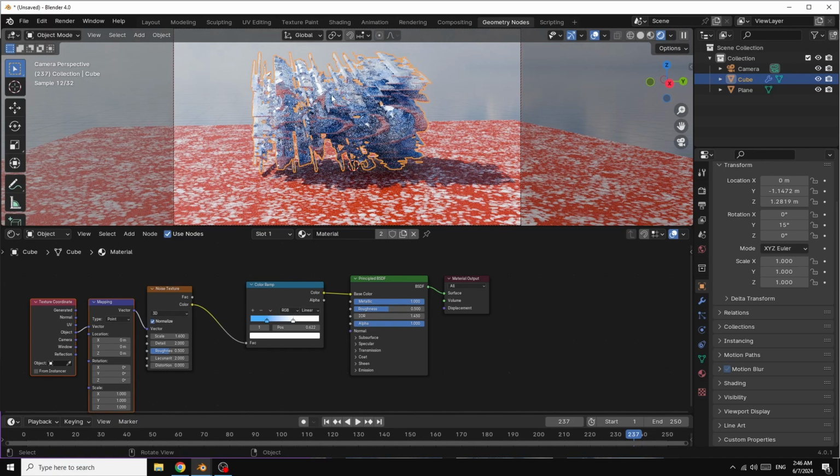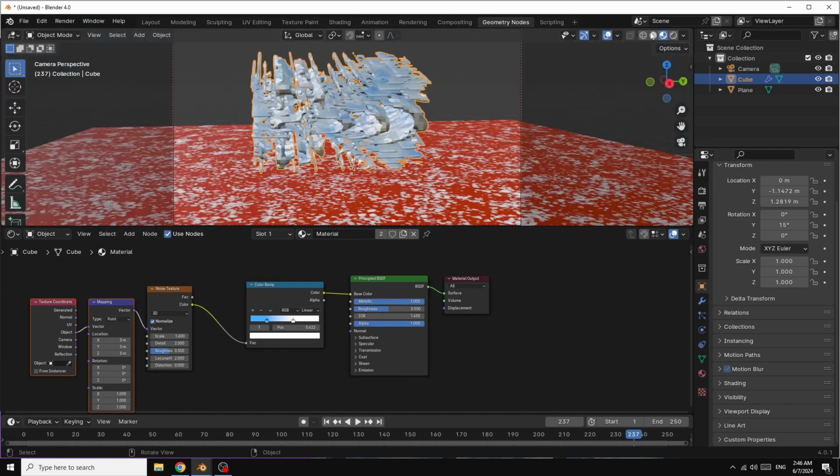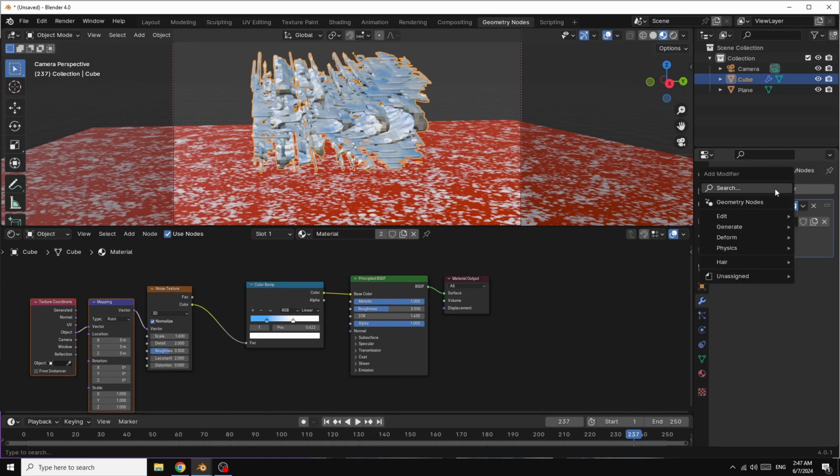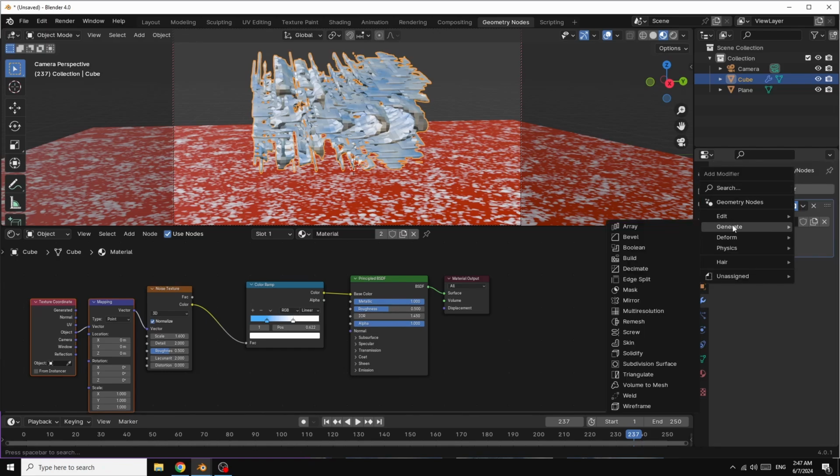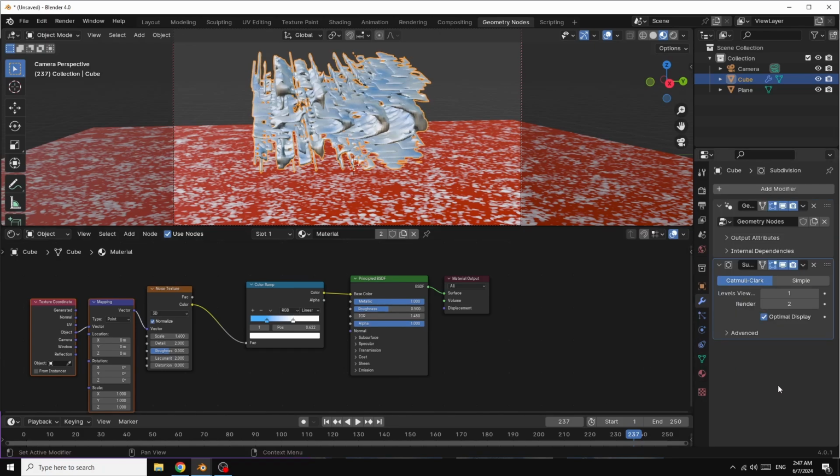Now, as you can see, this object is not smooth. So I select it, and I go here in modifier properties, add modifier, generate, subdivision surface. I give it just 3 like this.